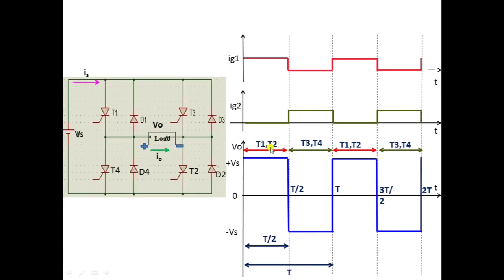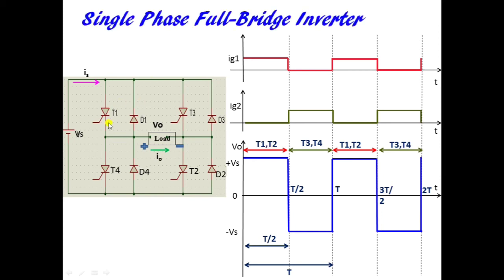Now let us see what is happening in single phase full bridge inverter. So this is the circuit of single phase full bridge inverter. The same thing is happening. The only difference is that in the previous circuit, the half bridge inverter, we needed a 3-wire DC supply, which was the drawback there, and here it needs a single DC supply source.